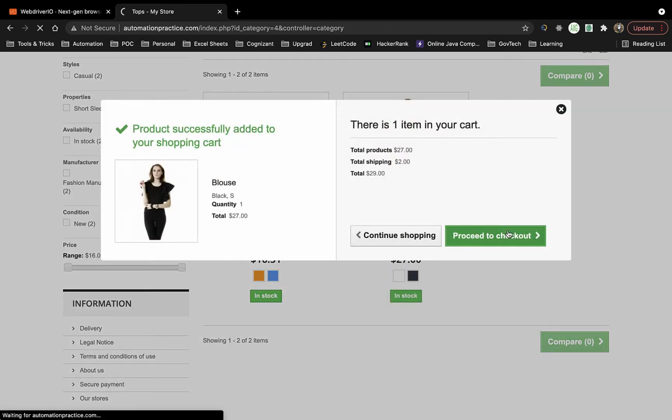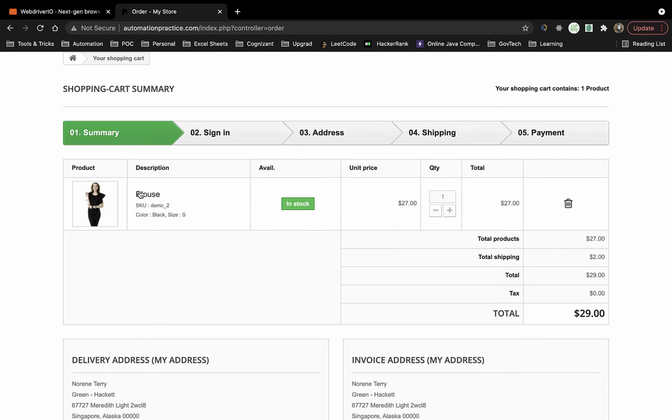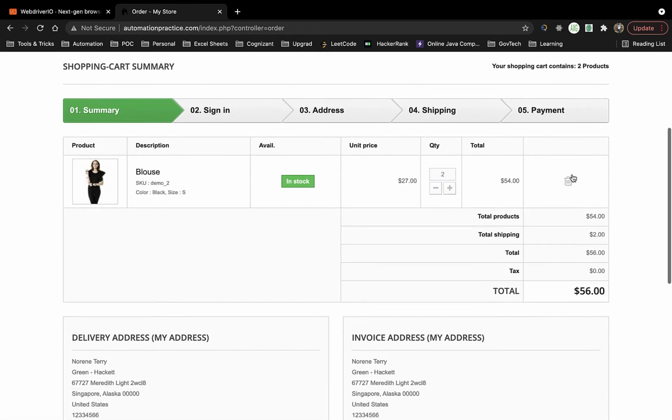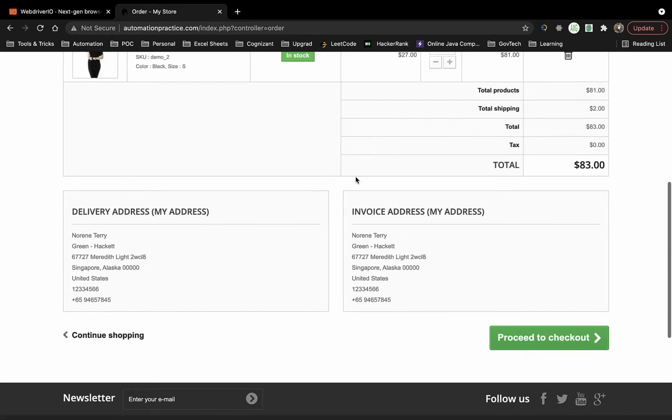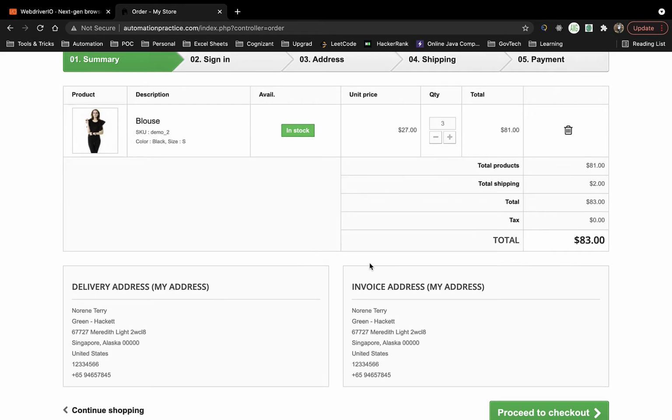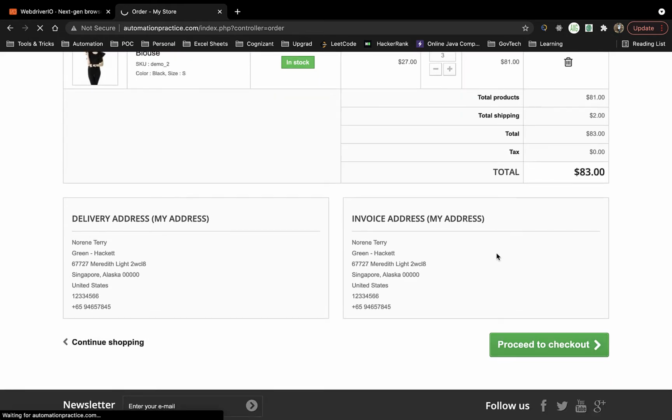So basically what we'll be doing is going through the whole checkout process. Also, we'll be adding quantity, then we should see some change based on that. You should be able to delete the product, and you should be able to add the product, those kinds of things that we will be validating. All right, so then proceed to checkout,